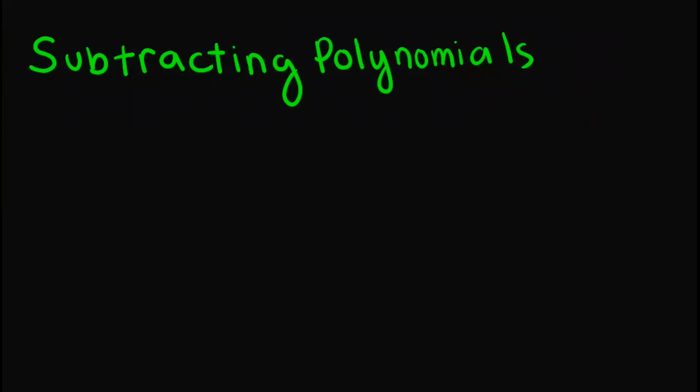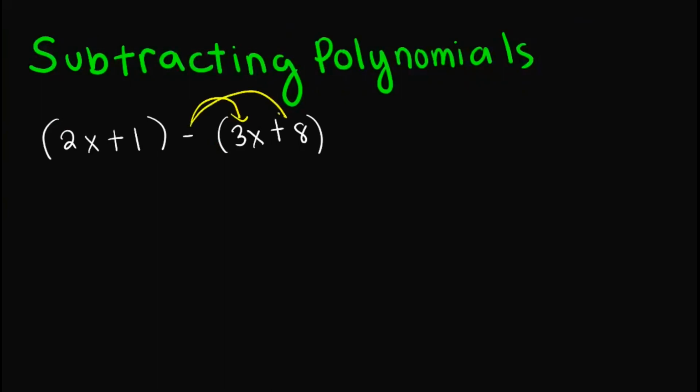Let's have 2x plus 1 minus 3x plus 8. So to subtract polynomials, the key is distributing this negative sign to both of these. So this would become